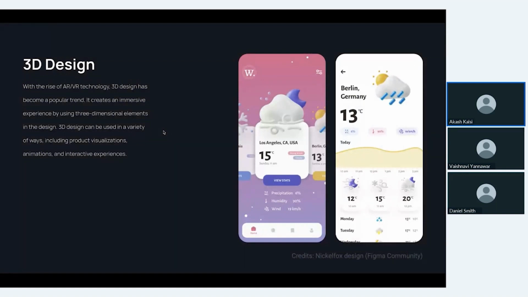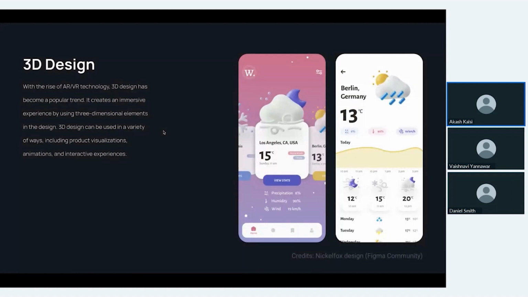The only challenge I feel using these 3D elements in the design is that they make the loading time very slow, and they take a lot of resources, and you can especially see this in low-end devices. But still, I feel you should definitely try this in one of your projects. It is very fun to use these 3D elements.